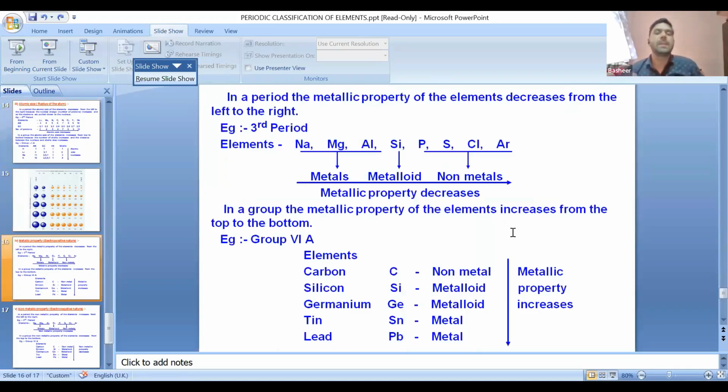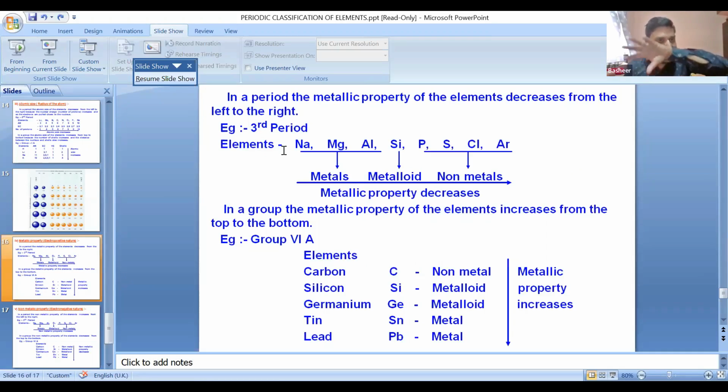So in the periods, the metallic properties of the elements decrease from left to right. I told you the metals form the period. The left side of the periodic table is called the metals. The right side is all the non-metals, and in between the periodic table are the metalloids. So you can say in one sentence, while going from left to right, the metallic properties are changing. Because if you start from lithium it is a metal, then beryllium is a metal, then carbon is again a metal, but nitrogen again